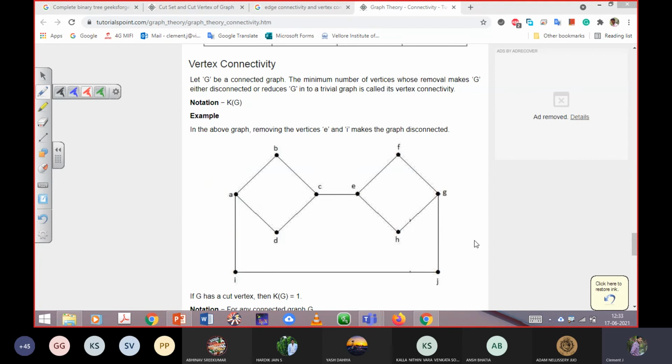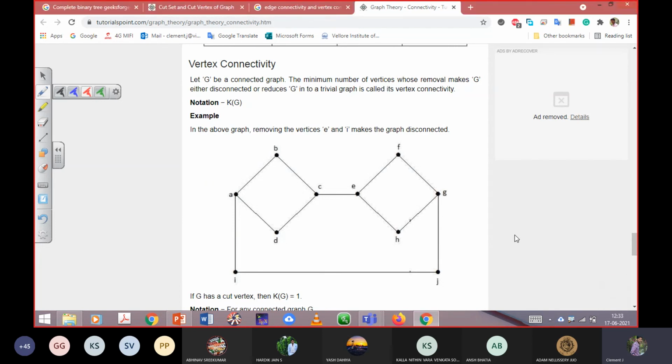Not a problem. Now come back to our topic, that is edge connectivity. How many edges are needed at least to split this into two components? Two, sir. Certainly 2, because here it is connected. If I remove the CI and then IJ edges, then it will make two components, right? By the same way, at least 2 edges are really needed to make this graph G into G1 and then G2. You can agree, right?